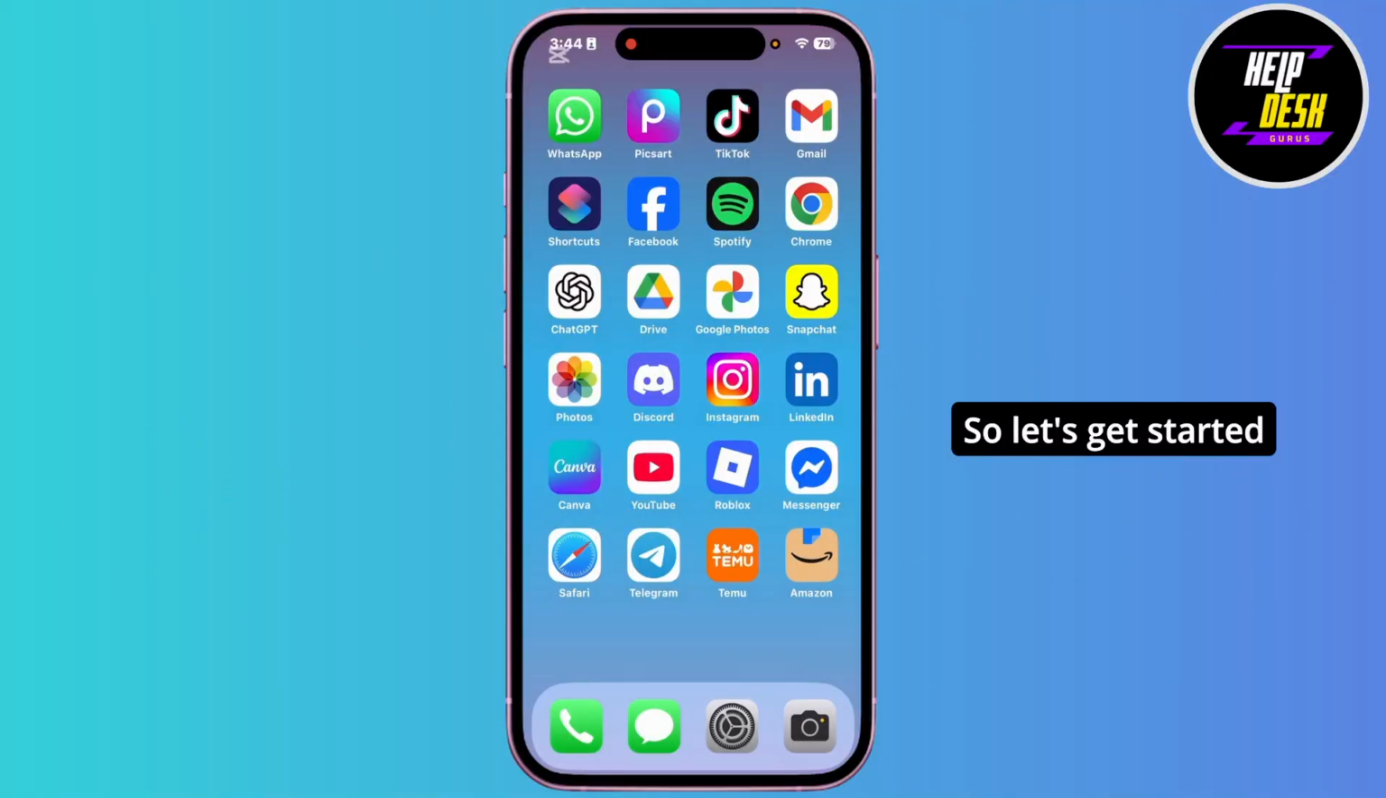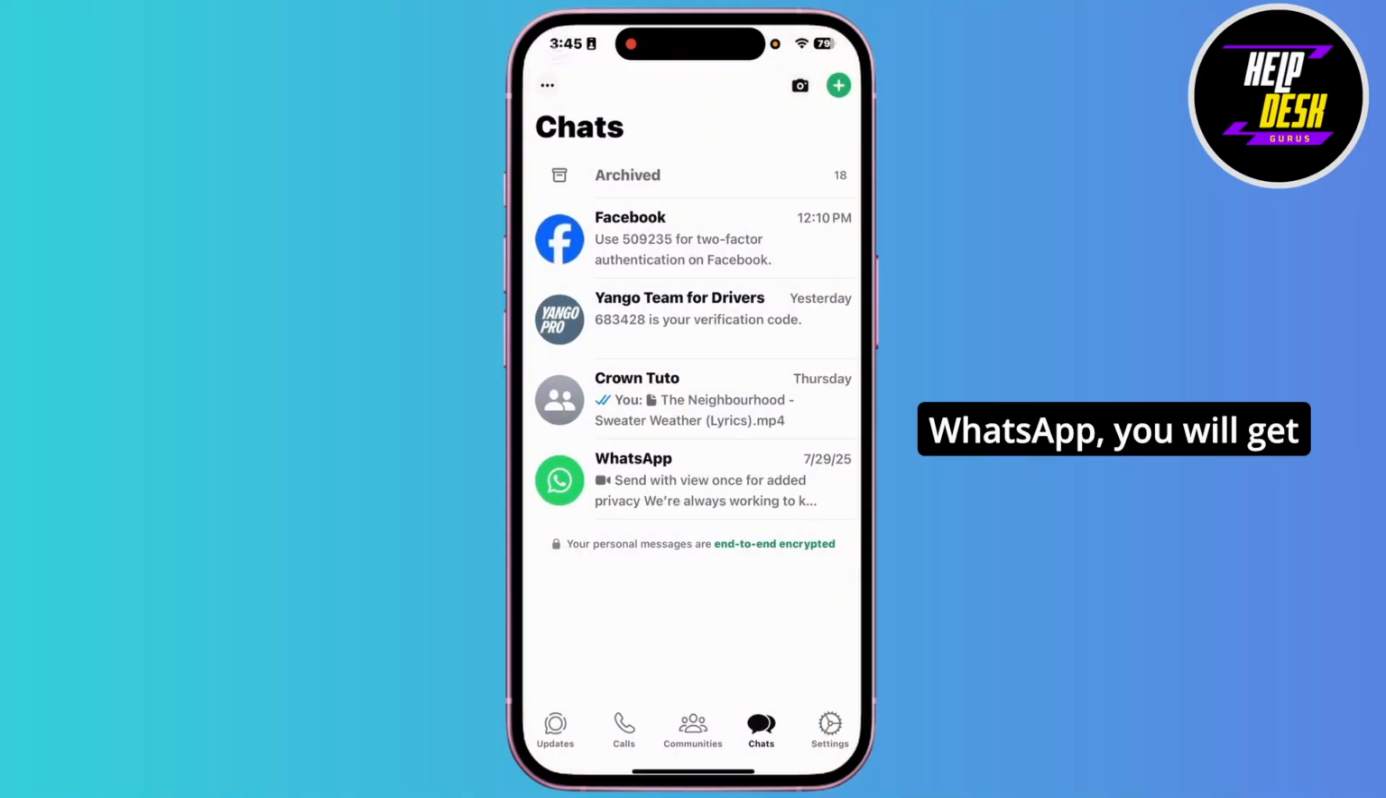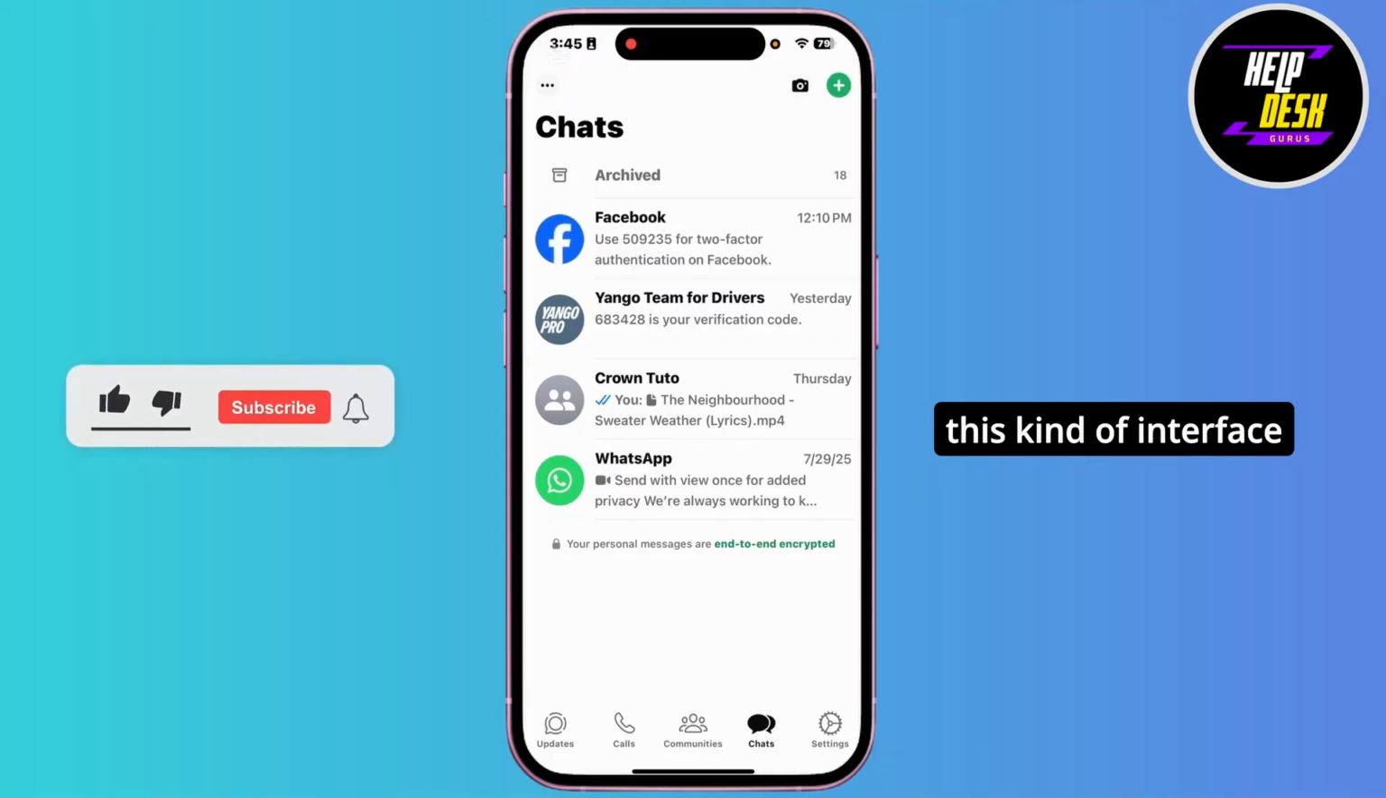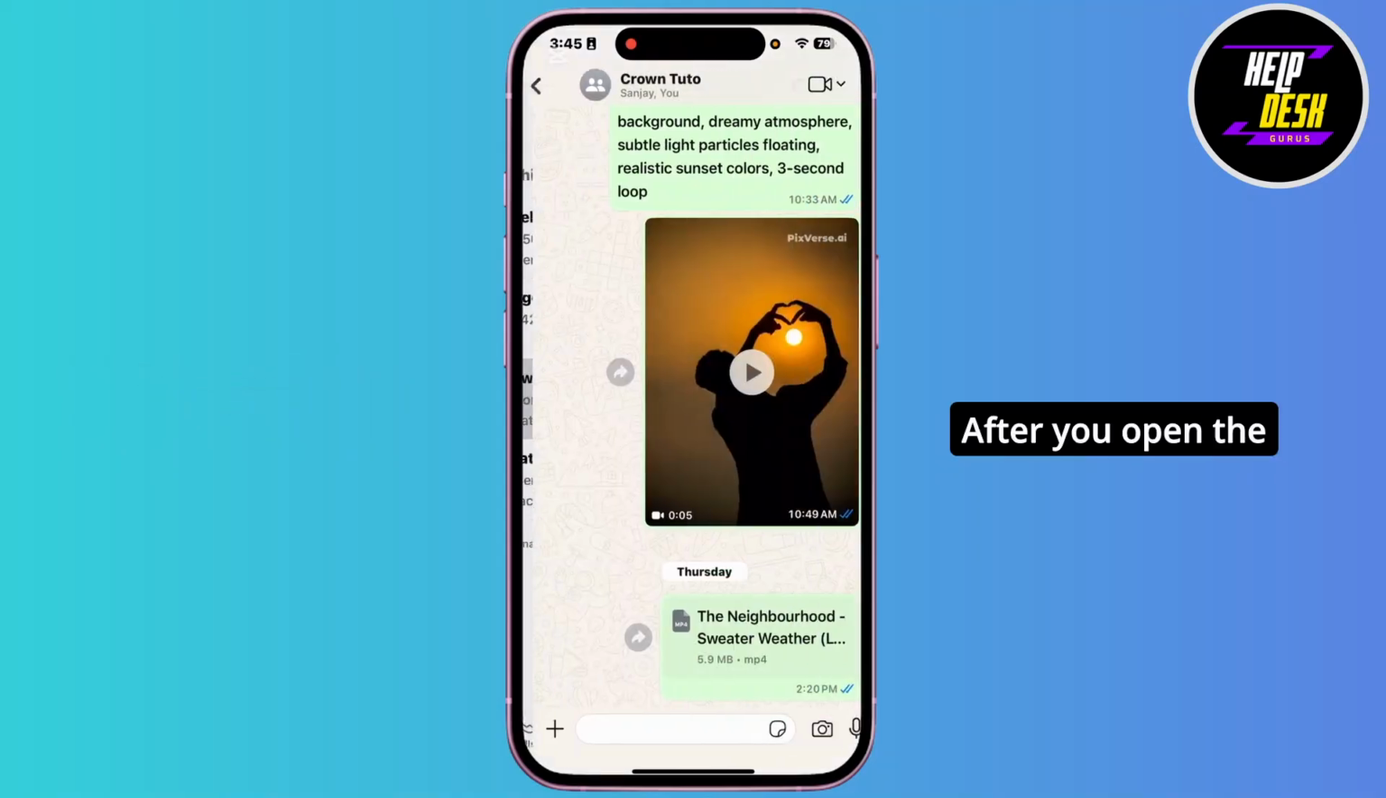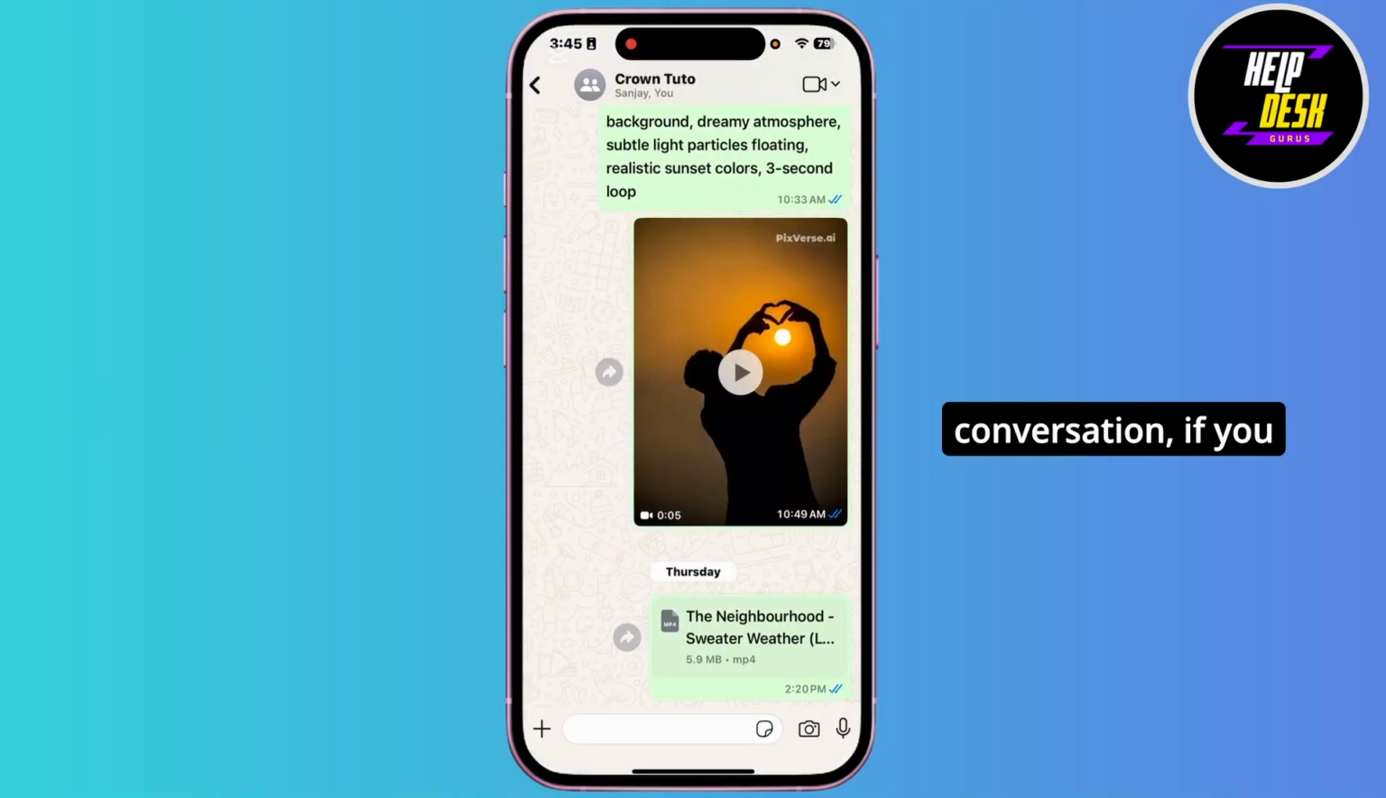So let's get started. First, you have to open the WhatsApp app on your iPhone. After you open WhatsApp, you will get this kind of interface. From here, you'll have to open the conversation from where you want to download the audio. After you open the conversation, if you see any kind of files that says like document or direct kind of